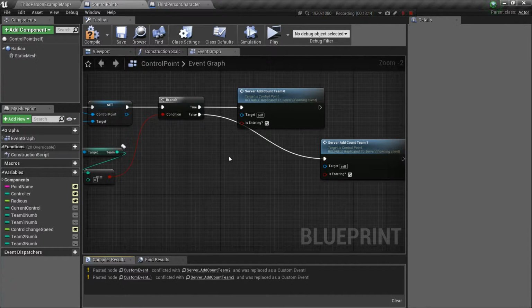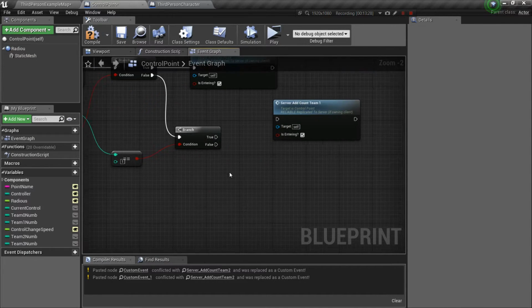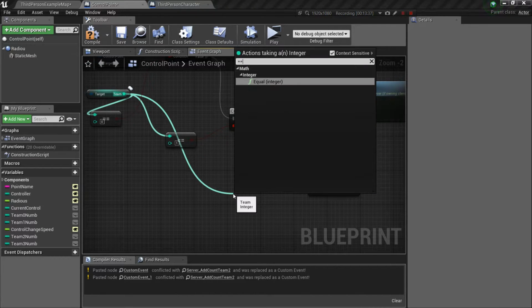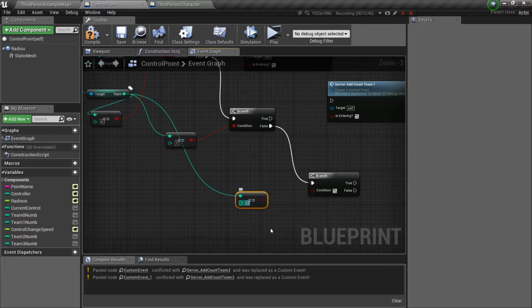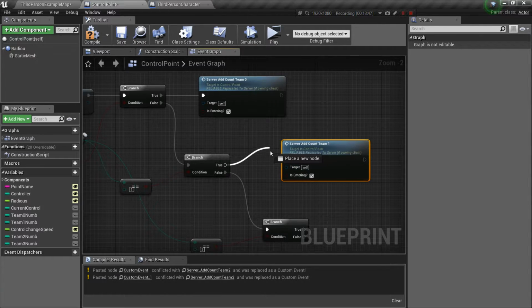So let's hold B and click over here. There you go. Drag the false into the new branch, and basically create a new equal sign, and check if this is equal to 1. Drag that up, create a new branch, do a does it equal to 2, and add this, and now you just call the events on the true. So the team 1 is going to be, if it's equal to 1,